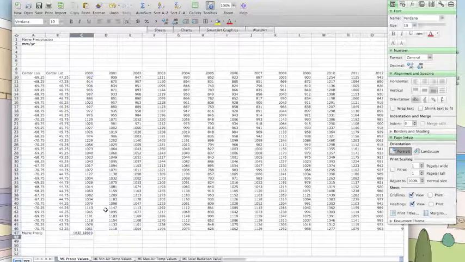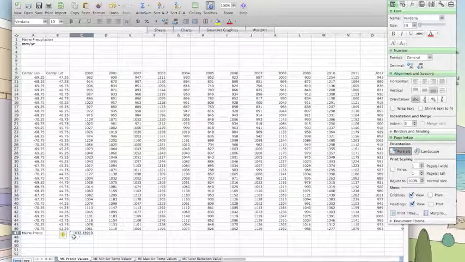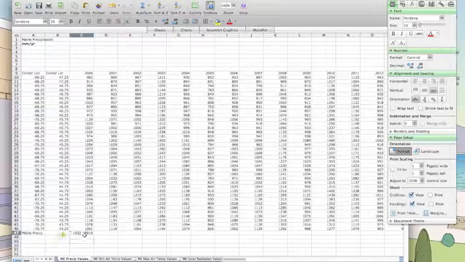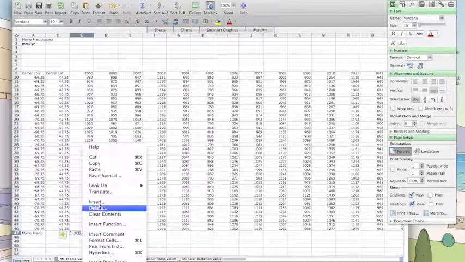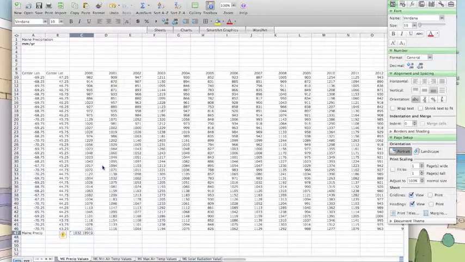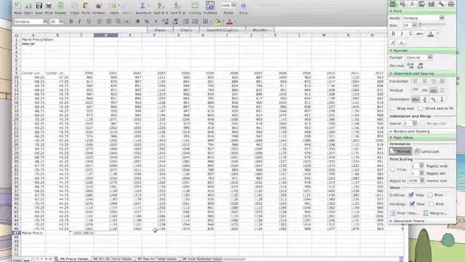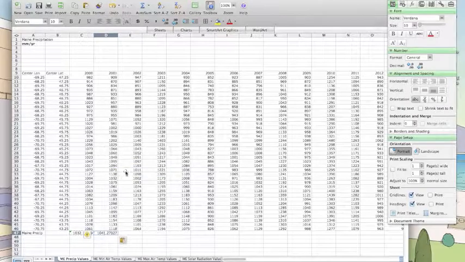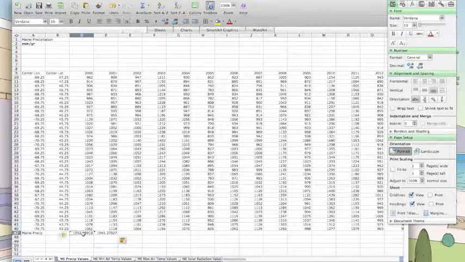Close your parentheses and hit enter, and this is now the average value for the year 2000 for all over the state for precipitation. So if you highlight that field, and you either press, if you're on a Mac, you can press Command C. You can also right click on this and select, either way, we need to hit copy. We want to copy this cell, and here and all the rest of the ways to the right, we want to paste the cell. So if you're on a Mac, you can hit Control V. You could also right click on the field and hit paste. Either way, what we want to do is copy this,